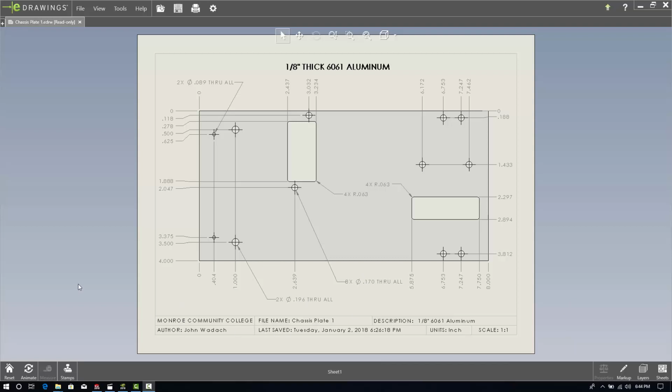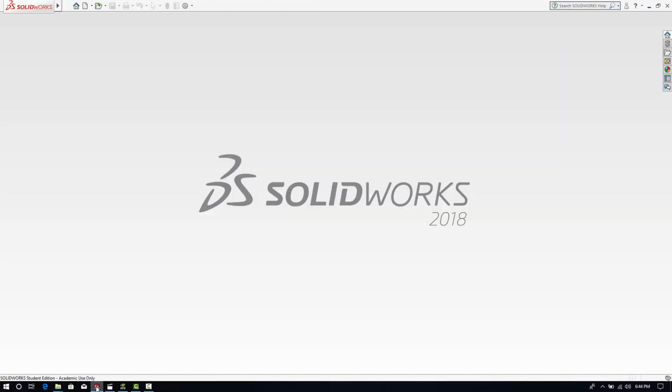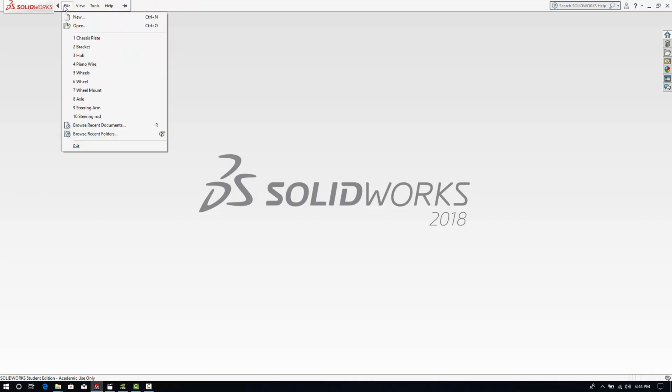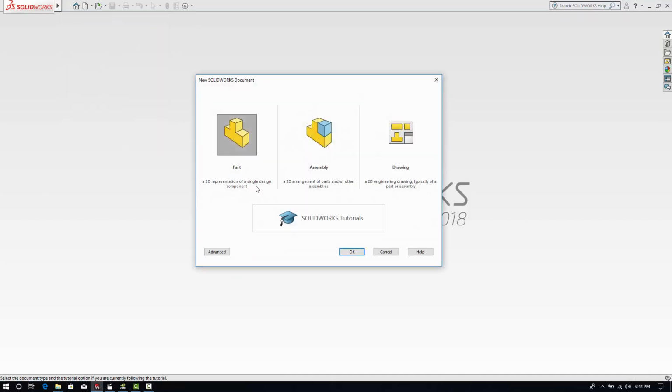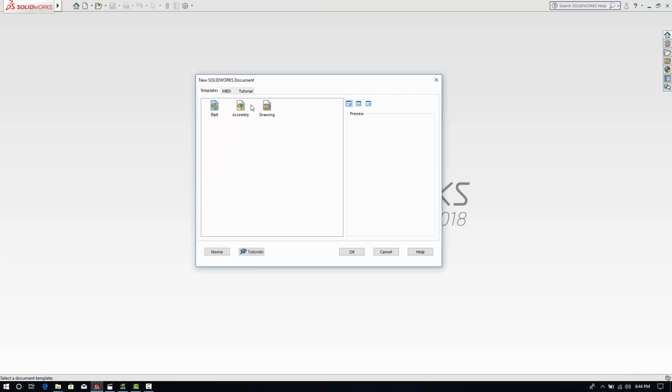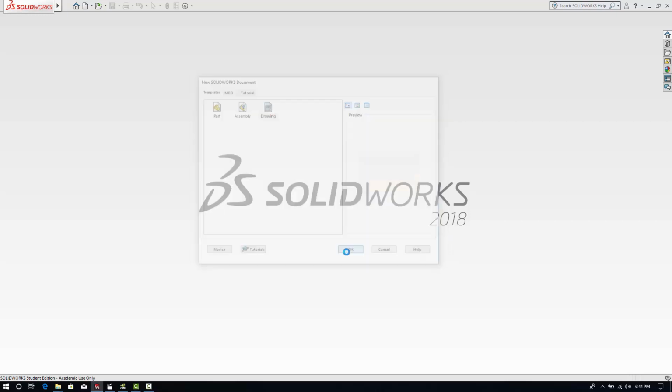So we won't actually create this drawing in this video, but we'll create the template that we use to create all these drawings. So let's go ahead and jump into SolidWorks. And if I go to File, New, I get these options: Part, Assembly, and Drawing. So let me just switch to the Advanced view. So right now, if I go to my templates, I have my part, my assembly, and my drawing. If I go to Drawing, hit OK,